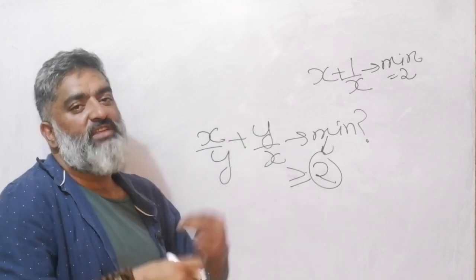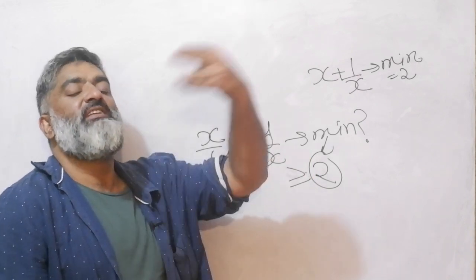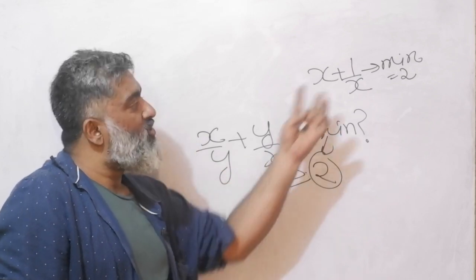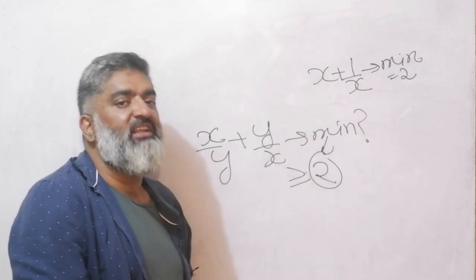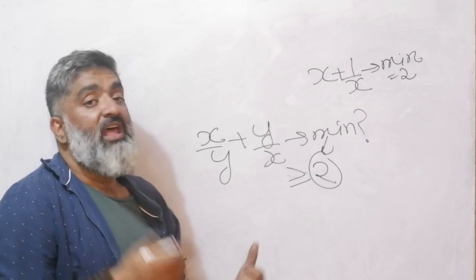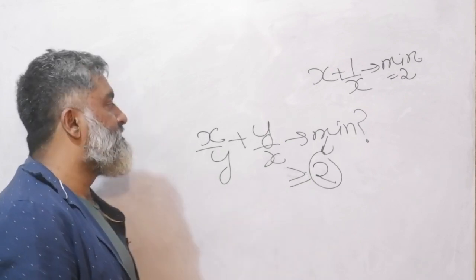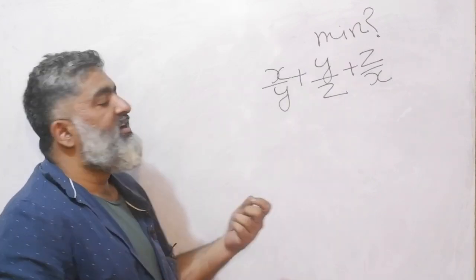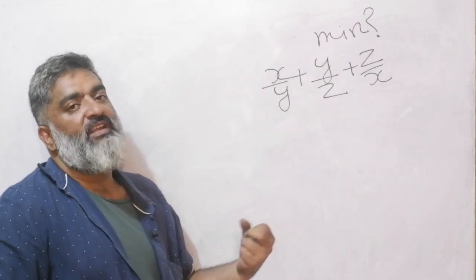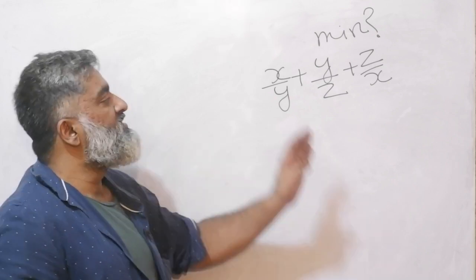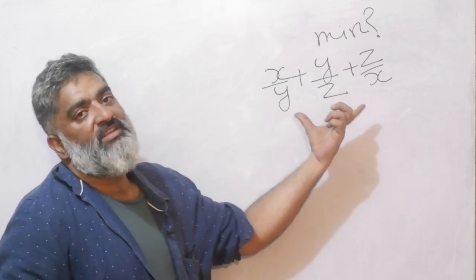Right, so now I am using one idea to solve the next problem slightly faster. But even this problem, without using this observation, can also be solved directly using AM-GM. I suggest that you hit pause right now and try to think of that method as well. Keep repeating key ideas. Of course, in the whole story we are dealing with positive numbers only. So x, y, z are positive numbers. What is the minimum value of this expression?